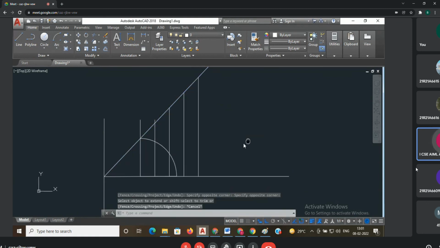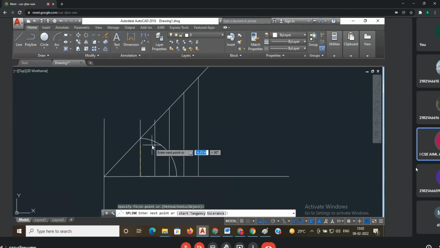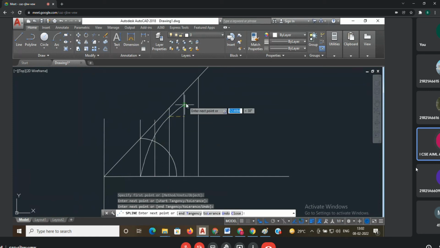Now the procedure: 1 dash as a radius, F as center, cut the first line. You will get the arc from the vertex. This is my vertex, and the first arc is somewhere here, and here it is. Next here, next here. Okay, I will close it.